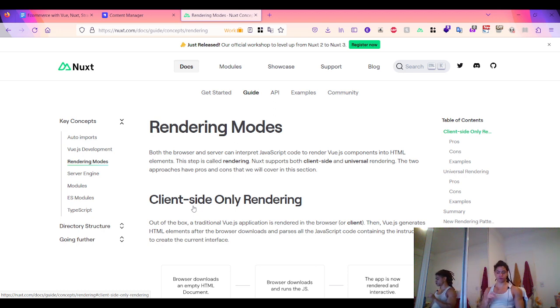Okay, so Nuxt supports both client side and universal rendering, and the two have different pros and cons. Okay, so the client side rendering in a traditional Vue.js application,